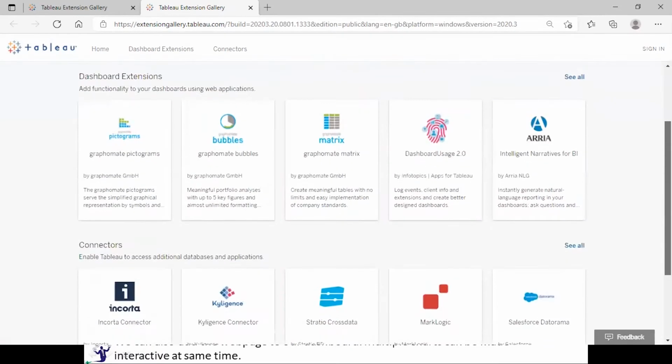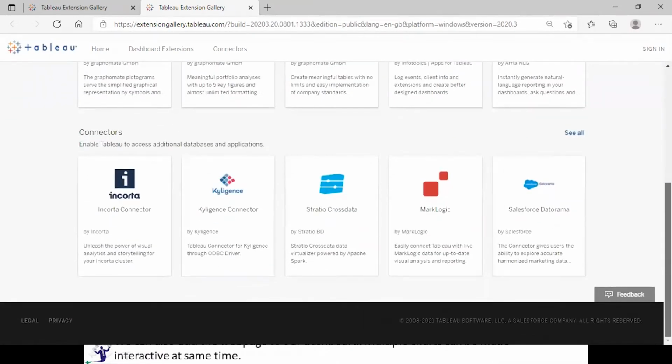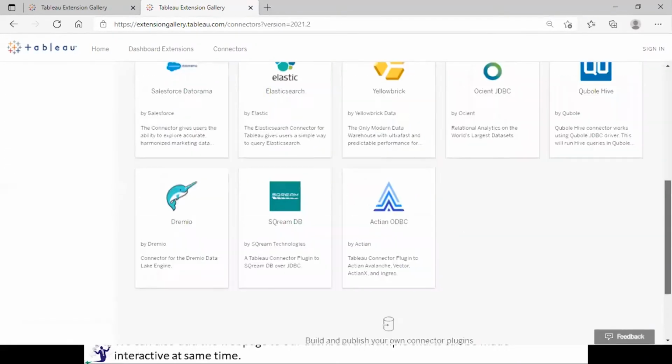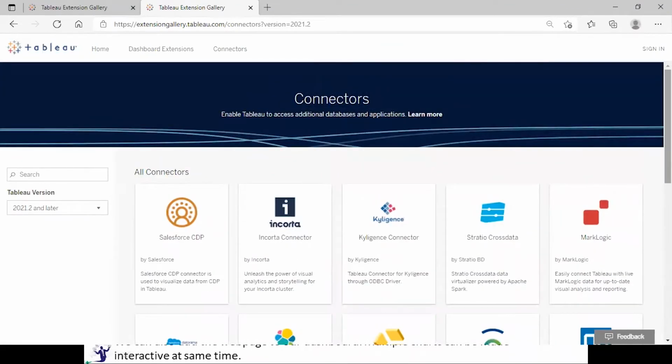So you will see a lot of extensions over here. You can say see all. So it will give you different types of extensions available, right? Like MarkLogic, Salesforce, whatever, you can see who has created this.